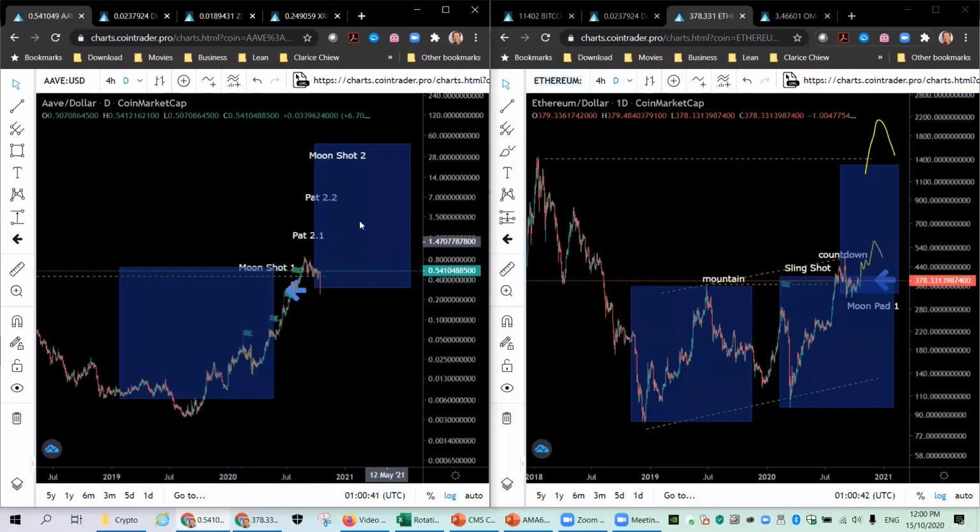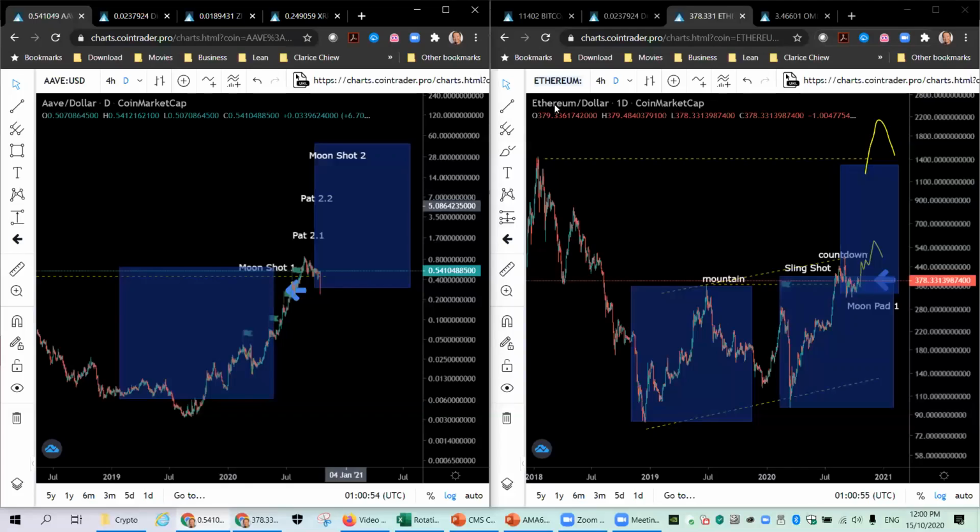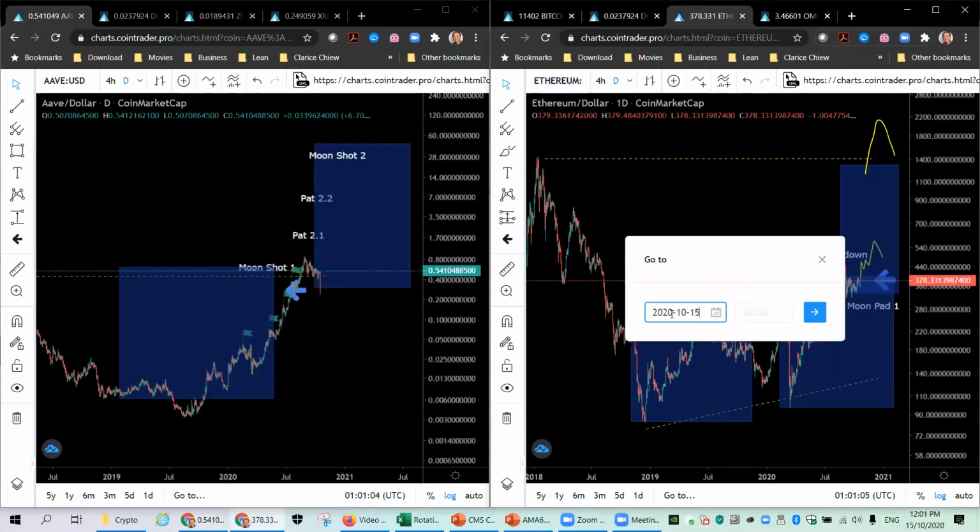Right, so that's why I say about $2.50 or $25 would be an interesting place to see. But what I will be keen on eventually is to try to get out at 2.2. Let's see if we can try to help you. Oh yeah, we've got Ethereum on the right. So let's give us a view on